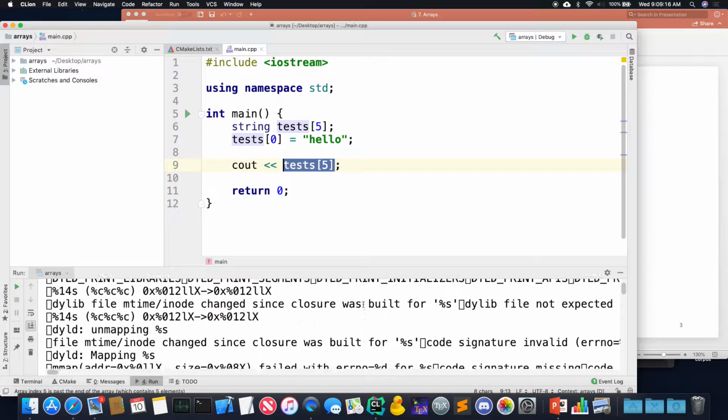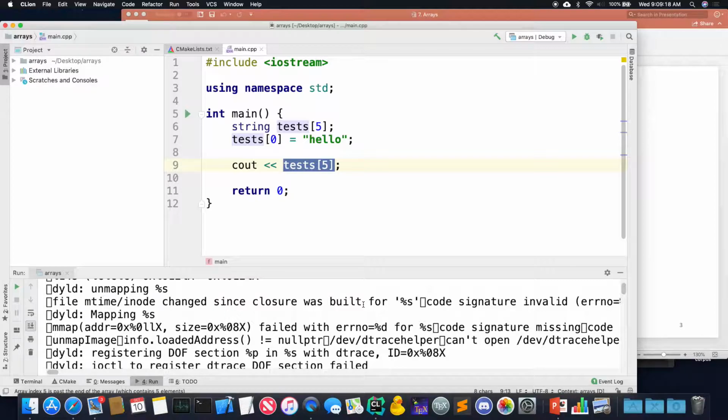Can anyone see how this could be used for bad purposes? So what could happen is if you have a program that logs in users, for example, and you control the index from the login panel, then if you set the index to be too far away from the array, it'll keep printing data over and over until it finds a null terminator. So this is actually a source of security bugs where you access things that are outside of the structure.